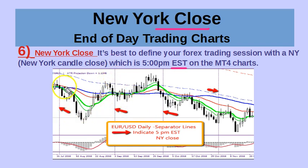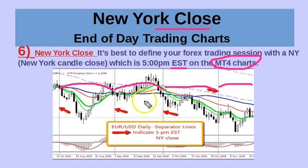See these lines? So from here to here, from here to here, from here to here, and so on. The end of the trading session is drawn by a line automatically on the MT4 charts, okay, which is what I urge you to get. These lines are drawn automatically, and this is 5 p.m. Eastern Standard Time. So it's very easy to see in your charts. It's super convenient. These are called separator lines on the MT4 charts. So it makes it super easy to look at your charts to see where the price is in relationship to